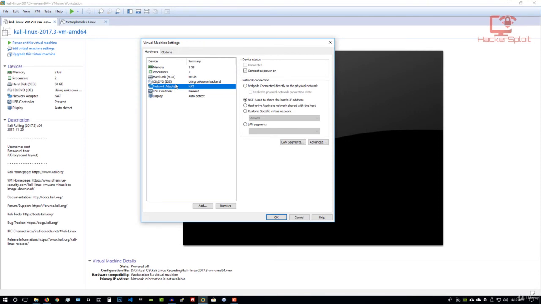Now, a lot of people get confused here. What we want to do is make sure that the virtual machines, both Kali Linux and Metasploitable or ParrotOS, depending on what you're using, are connected to the physical network. That means they're using your computer's host adapter, whether it's a Wi-Fi adapter or an Ethernet adapter. Right now you can see I'm using NAT. So what this means, it's going to share the host's IP address. Now what this means, if I was to leave it on NAT,